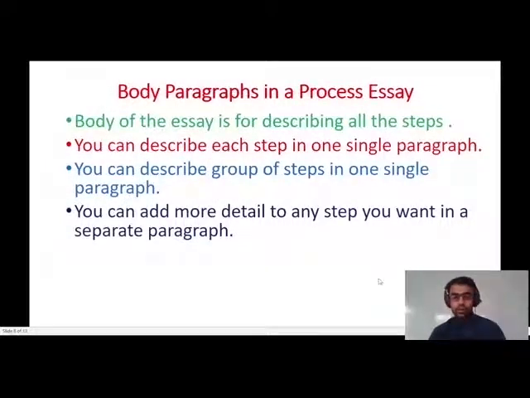Now let's talk about body paragraphs in process essays. So the body of an essay is usually for describing the details and all the supporting information for the thesis statement. You can describe each single step in one single paragraph. Like before, I mentioned 3 steps for developing our business. So you can have 3 body paragraphs, specified one